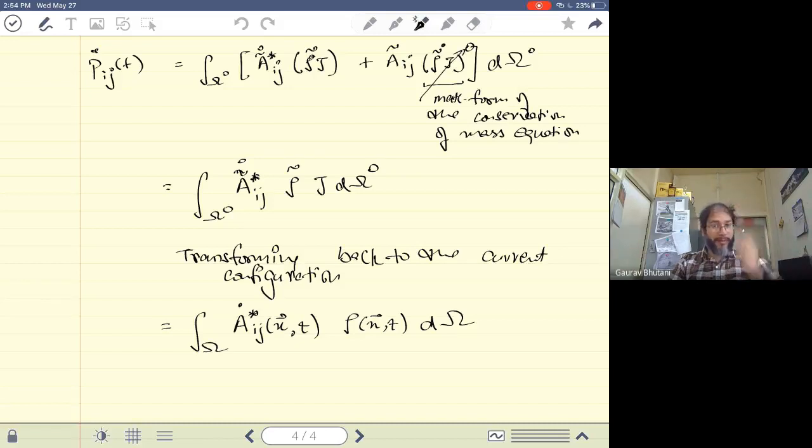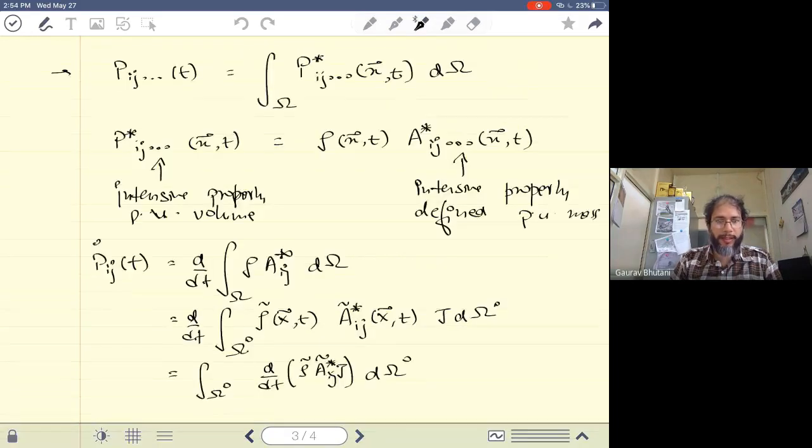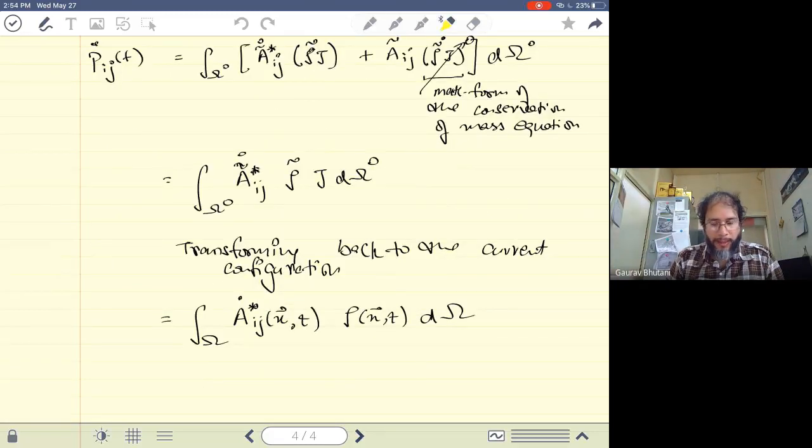So what did we get here? Going back to the term that we started with in the previous slide, we started with d by dt of an integral of rho times A star. When the d by dt moved inside the integral, it interestingly only applied on the A star term, leaving the rho away. So d by dt simply goes onto the A star term here.